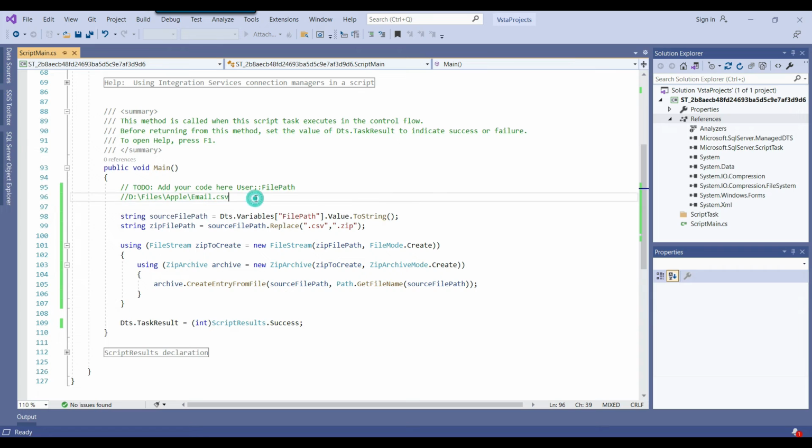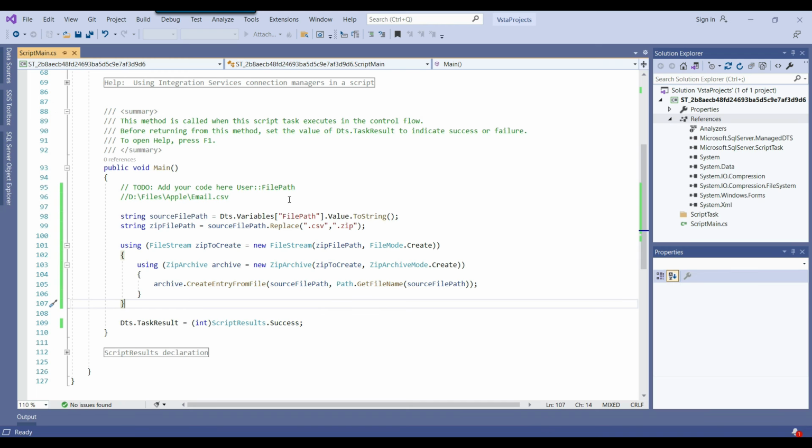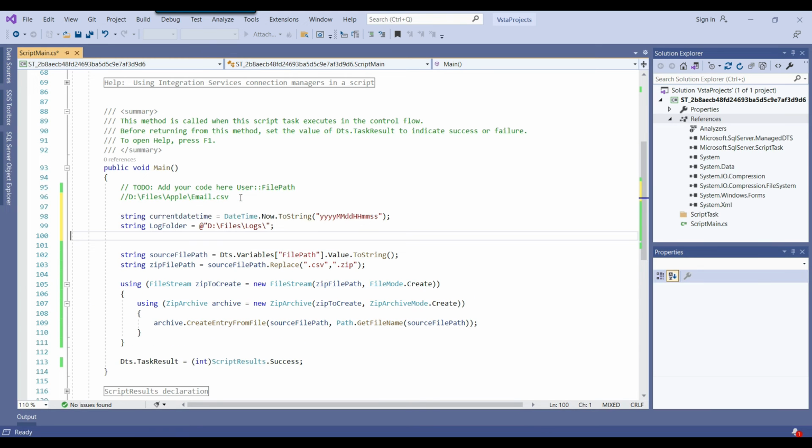We can use the try catch block as well. The try catch block is very important. Although this code will work, if you use the try and catch block, that's a plus point. So I can select these two lines of code from here. We declared a variable log folder. It will create the error log file at this particular location in case this code fails. You can change this location to a valid folder on your system.